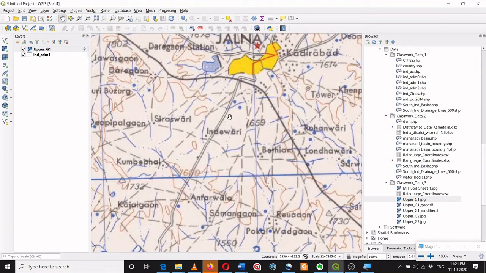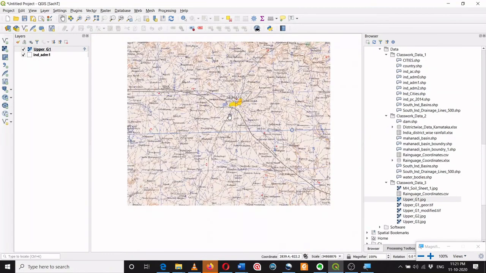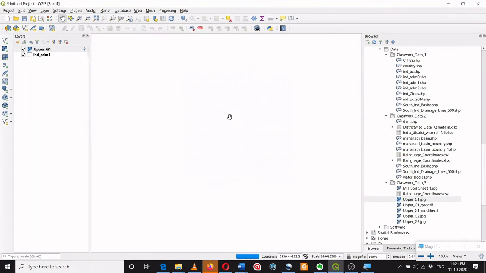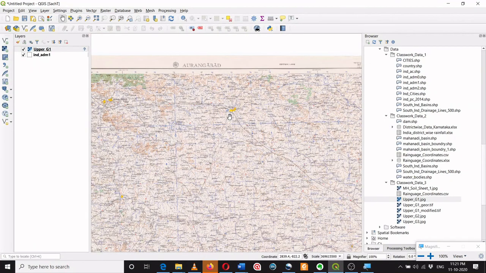And later on we will see how to pick lat long from the Google Earth image and assign over here for the given point. So for georeferencing any image, we need at least 3 points. So in this video we have seen the concept of georeferencing. In the next video we will see how to georeference the image using the georeferencing tool available in QGIS. Thank you.